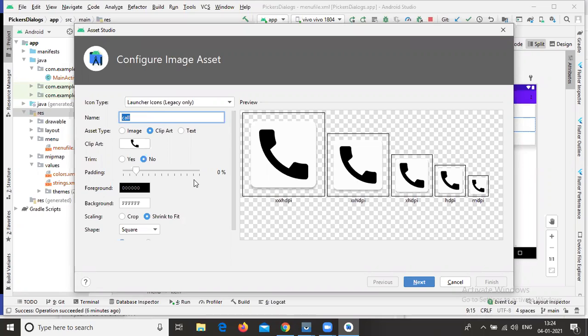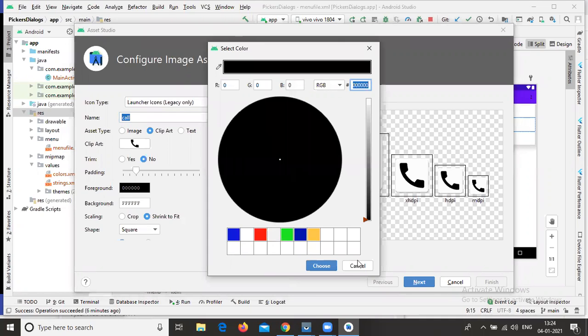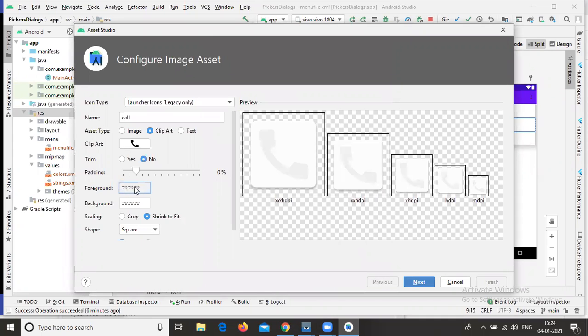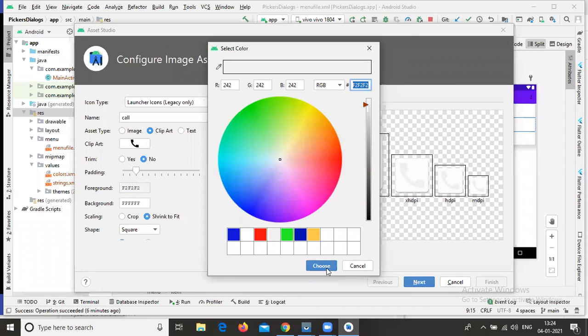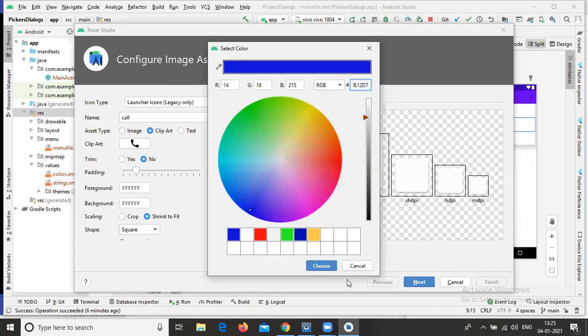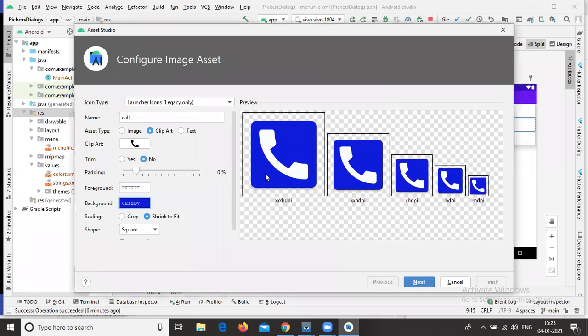In case you want to change the foreground color, you can change it. Here I'm using the foreground color as white, but based on your interest, you can choose any color. Coming to the background, by default the background color is white. I want to change this background color to a dark color. Now you can observe the difference. It is your wish, you can choose any colors.